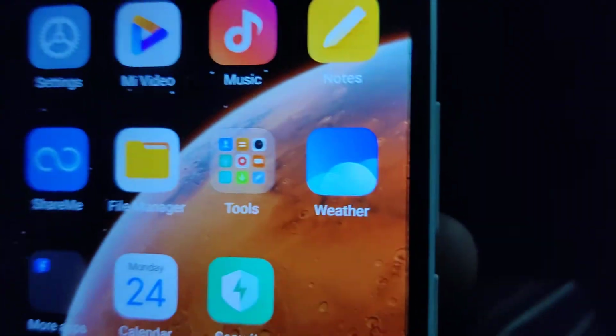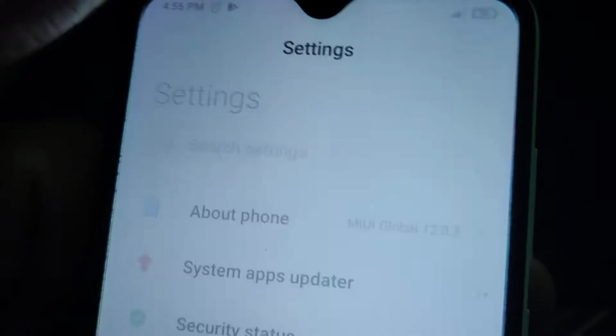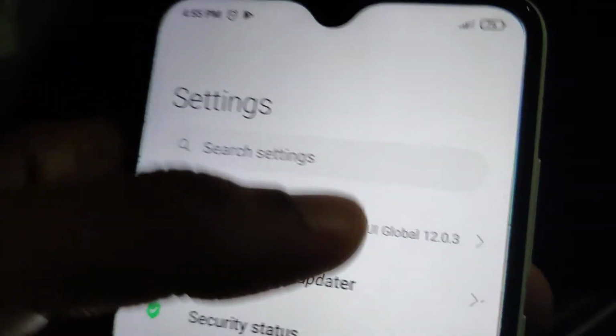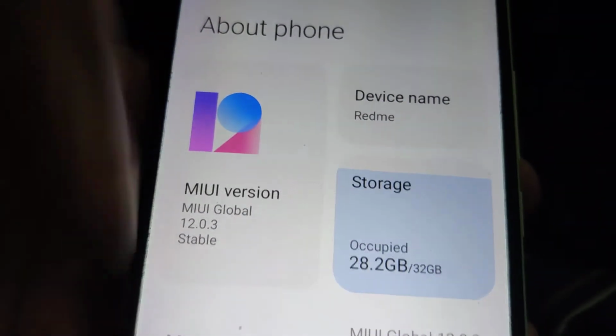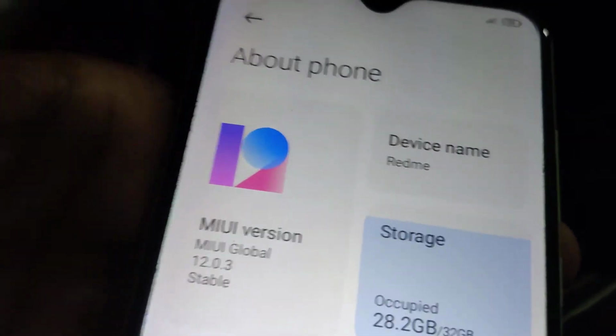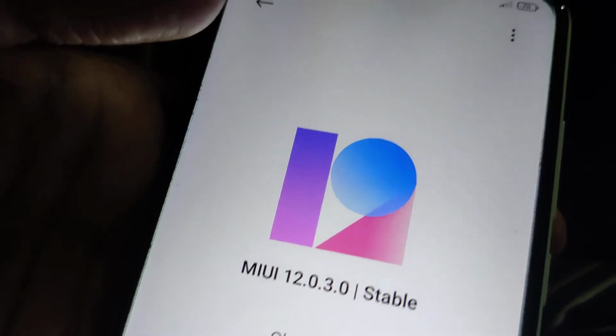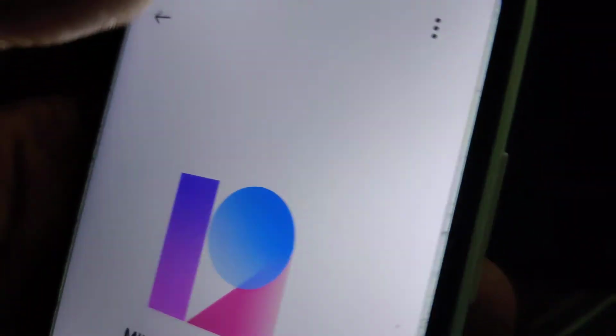So first of all, you must go to the settings of your phone, and from here you can tap About phone. In this About phone section you can see the MIUI version. You can simply click here, and now you can see that a three-dot menu appears at the